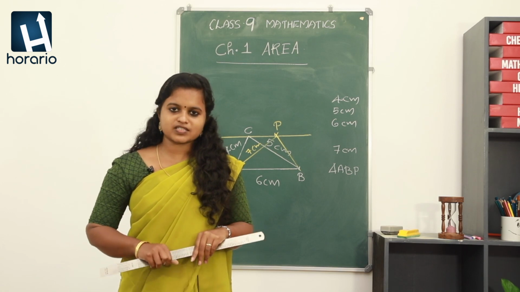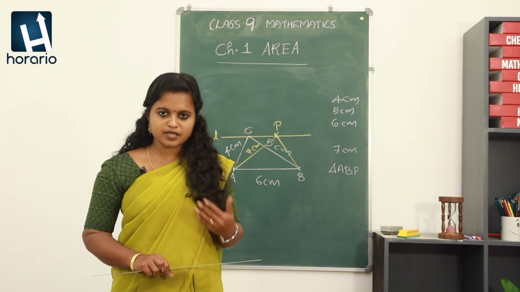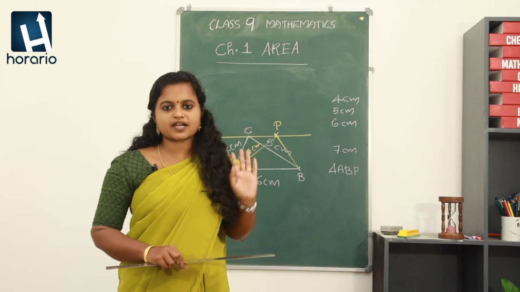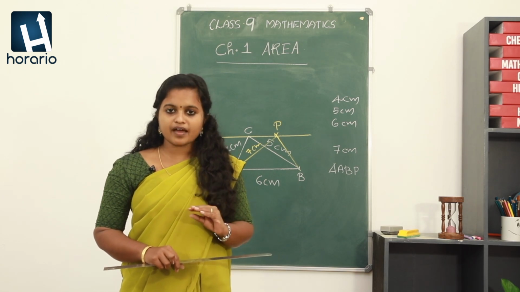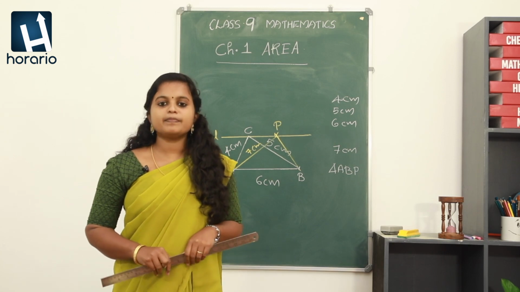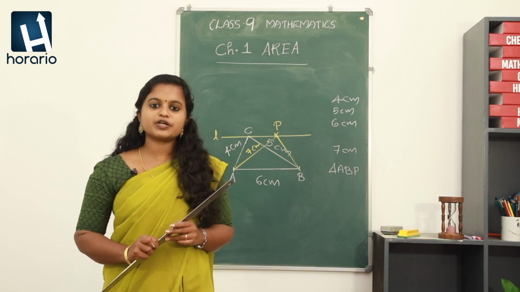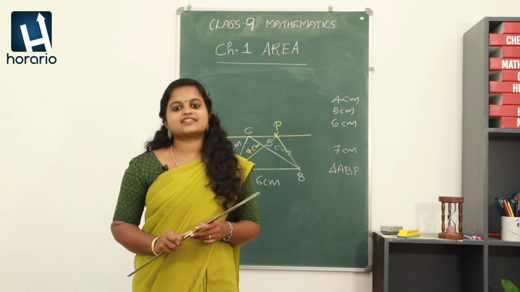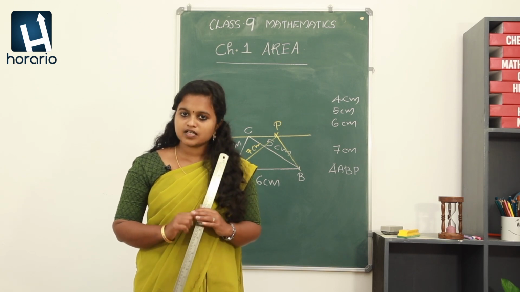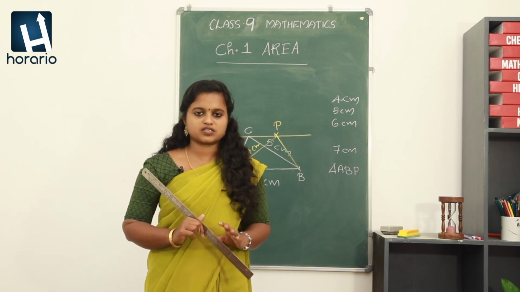Now, the second part of this question states that we need to construct one more triangle which has the same area as that of ABC. Again, we are considering the same triangle. We have to construct a triangle having the same area as that of ABC, but that should be an isosceles triangle. Do you remember what we mean by an isosceles triangle? Yes, an isosceles triangle has any two sides of equal length, right? Such a triangle can be called an isosceles triangle.